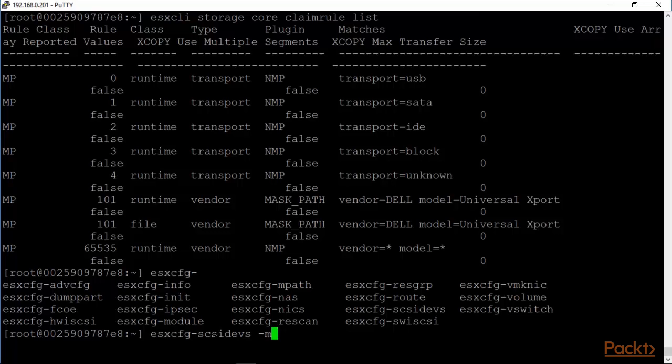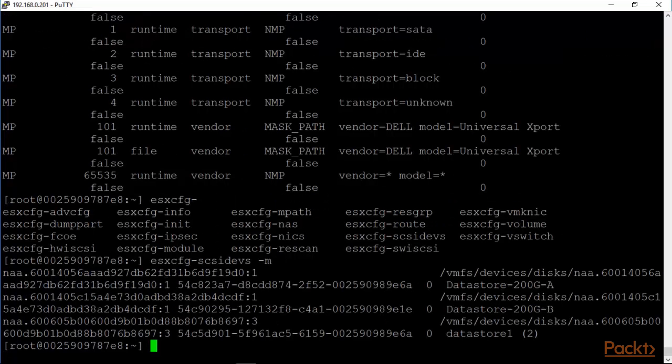The -m option will give us the various datastores and the various devices that we have here. Once we have this, we can then look at the paths for the various devices, and that is done with the